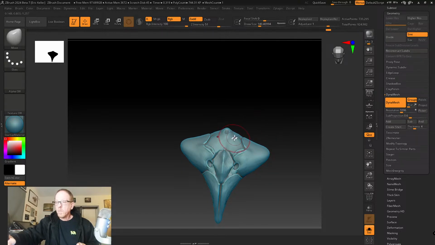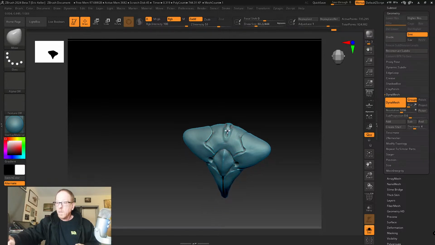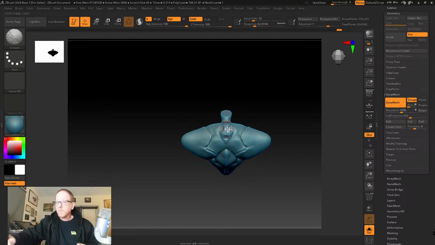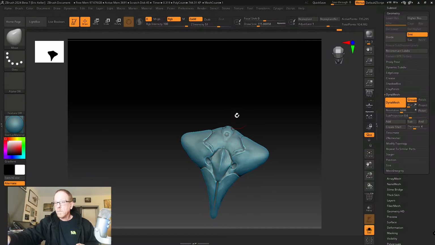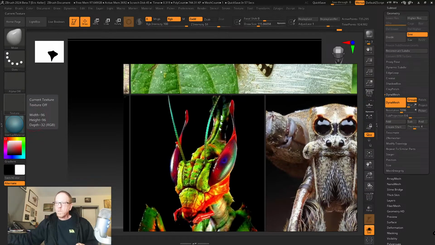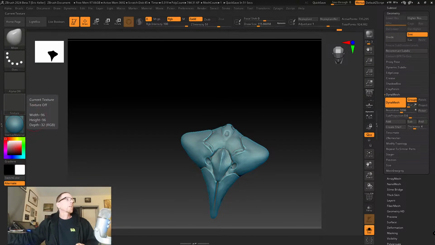No need to be timid, right? This is the space for the ocelli right here, so I'm going to make these fairly large. And then with some of the mantises, you get these weird horns coming off the top of their head. And since I'm talking about mantises,